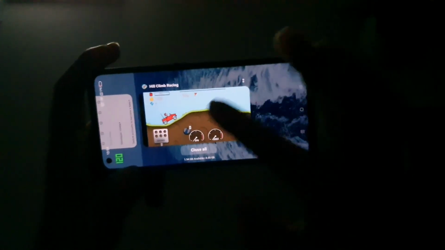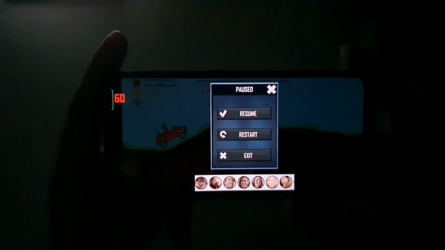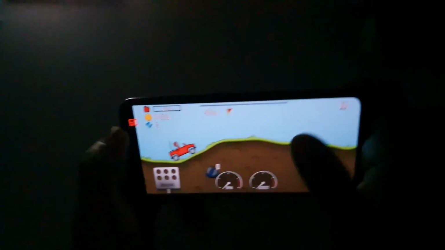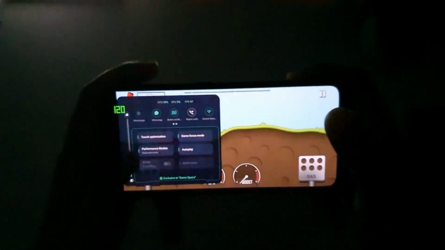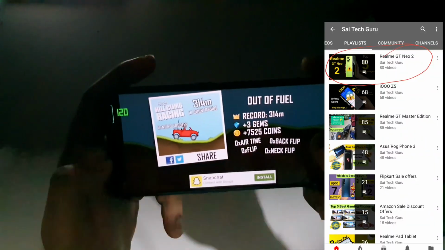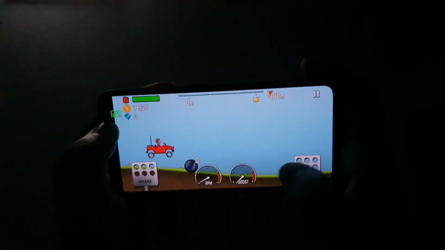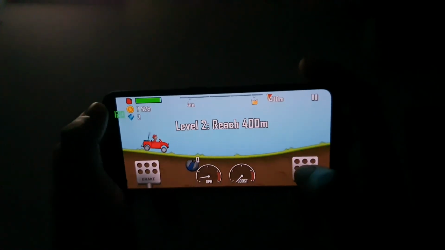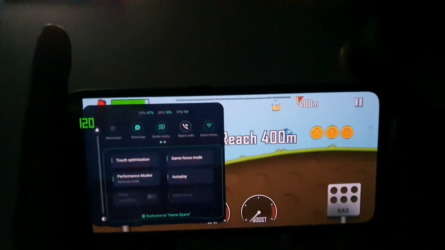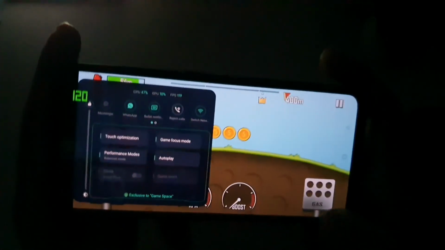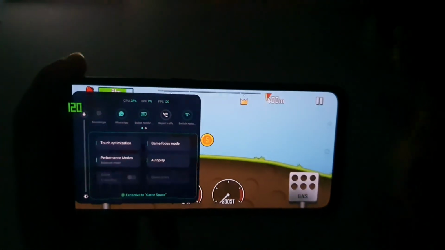And now go to the multitasking. Click the multitasking and now try to open the same game. Now you can actually see the 120 FPS. Let me try that same trick again. Let's check. So it's showing 120 FPS exactly, non-stop, in the gaming as well. As you can see, 120 Hz, you can see it clearly. Let me show you the real-time FPS meter. The real-time FPS meter is also showing 119 FPS. Clearly you can see 120 and 119.